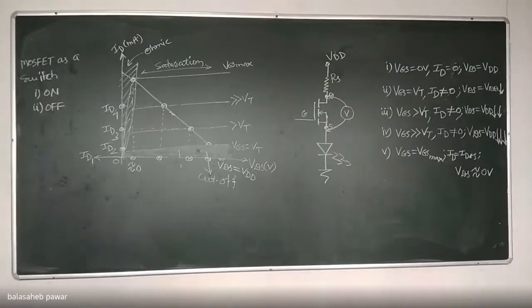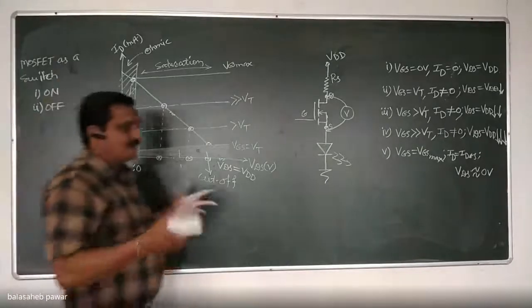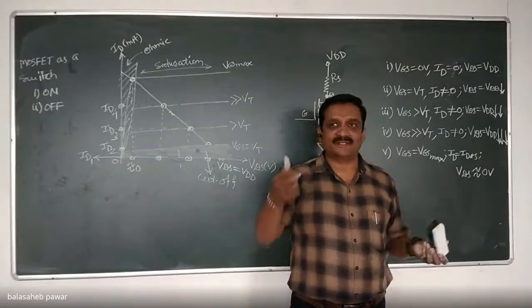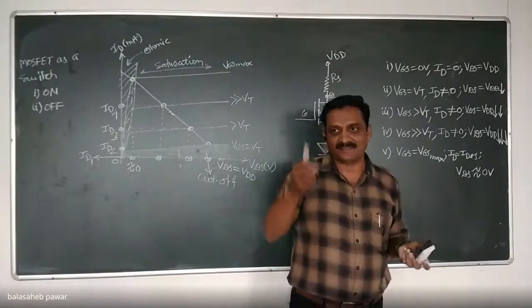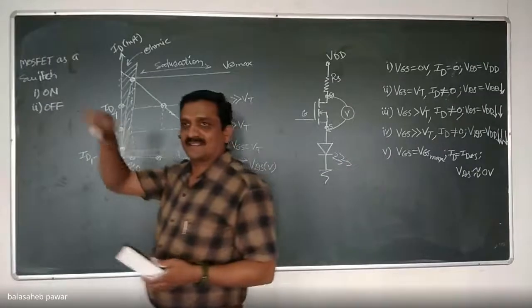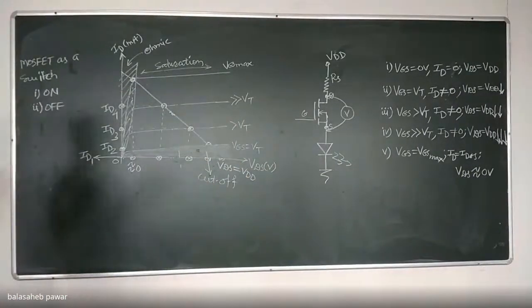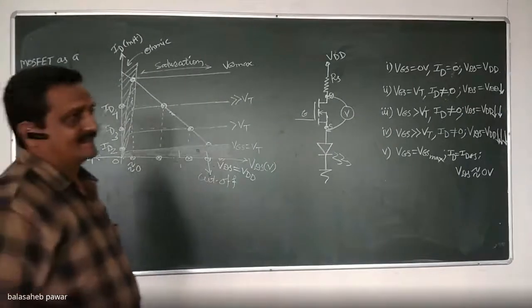Now we have to force this transistor either into cutoff region or into ohmic region. How will it be possible? For a manually operated switch, it is very simple. Just by our thumb, we can change its position, either off or on. But for this MOSFET, what will you do?